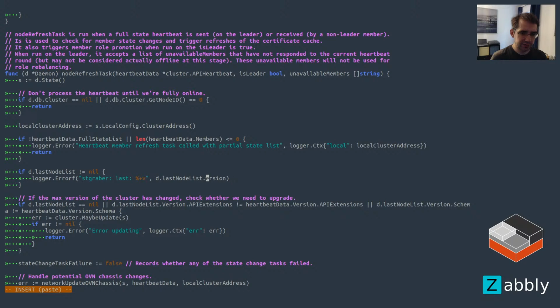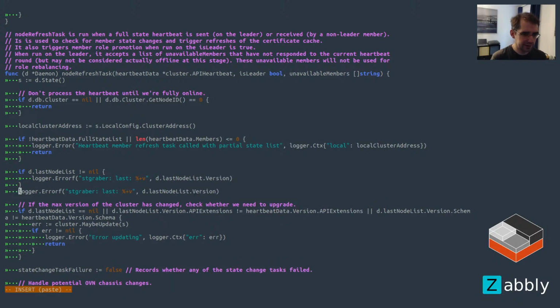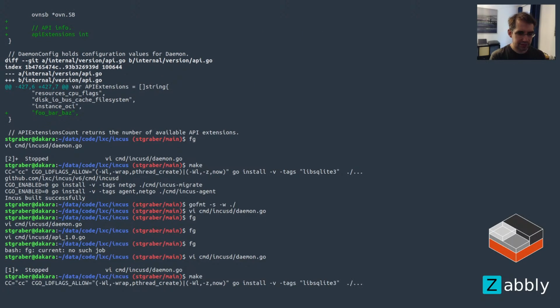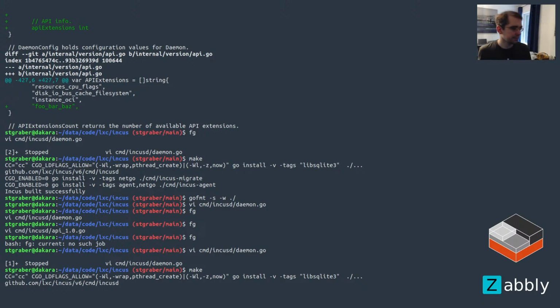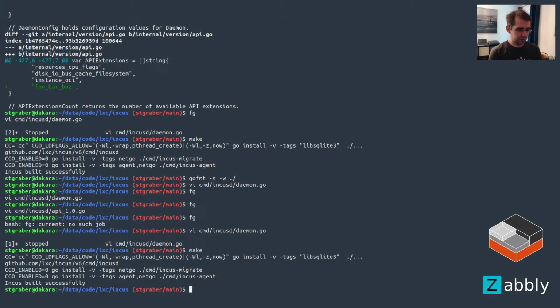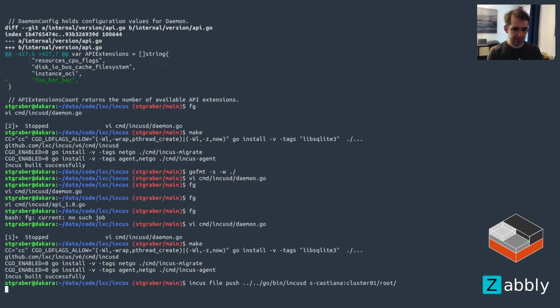So I want to see what that contains because it might contain what we need. And in all cases, I want to look at the heartbeat data one for the current value of that. So let's share heartbeat data. Okay. Cool. So let's push that